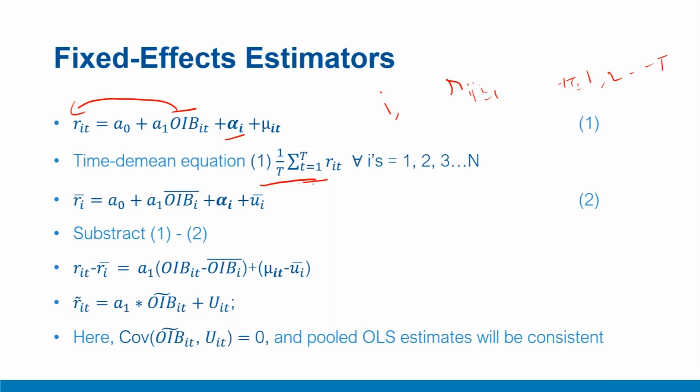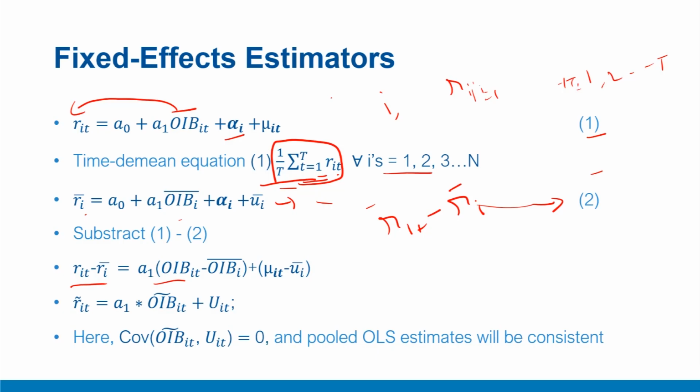This time averaging is reflected in the term R i bar, the summation over t equal to 1 to T of R it, divided by T, for all i's. For all the variables, including returns and order imbalance, we can perform this time averaging, and the resulting time average equation is represented by equation 2. So these are time averages of variables. If we subtract equation 2 from equation 1, this is called the time demeaning process or time demean transformation, where I subtract from each observation its corresponding time mean value. For example, for security 1, R it minus R i bar, and therefore we get this kind of transformed equation.